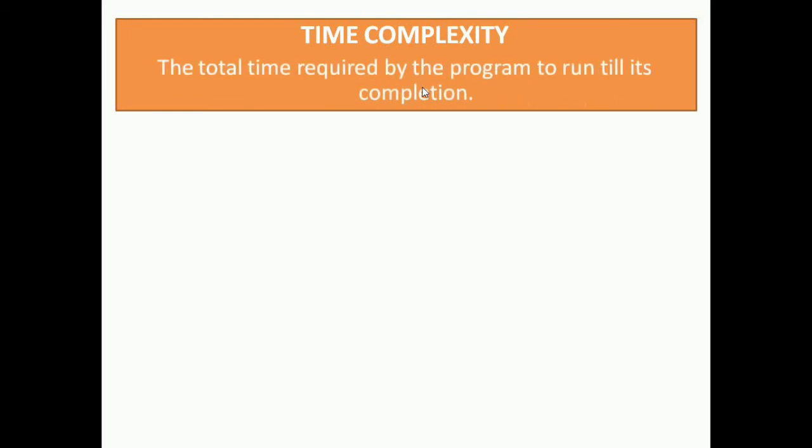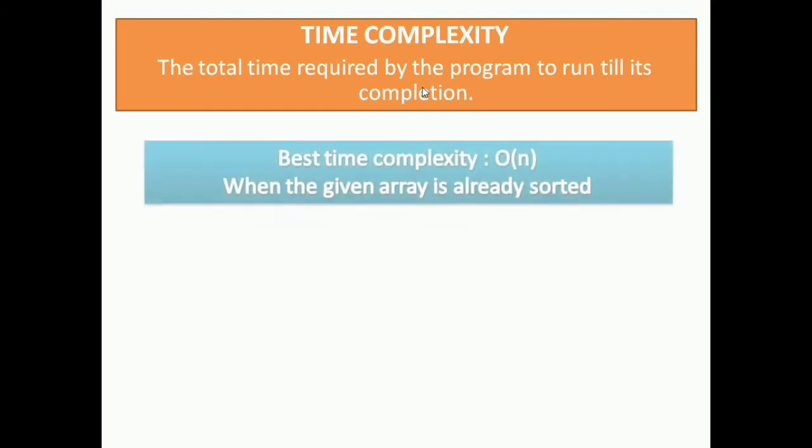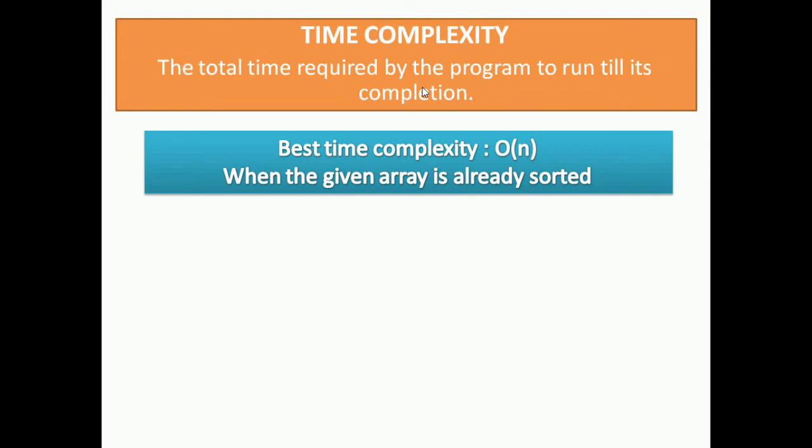Now the final topic is the time complexity. The time complexity of an algorithm signifies the total time required by the program to run till its execution. Insertion sort here performs two operations. It scans through the list comparing each pair of elements, and it swaps elements if they are out of order. Each operation contributes to the running time of the algorithm in this case. So first we have our best time complexity. If the input array is already in sorted order, insertion sort compares n elements and performs no swaps. Therefore, in the best case, insertion sort runs in order of n time.